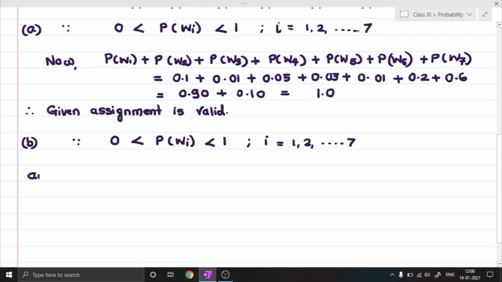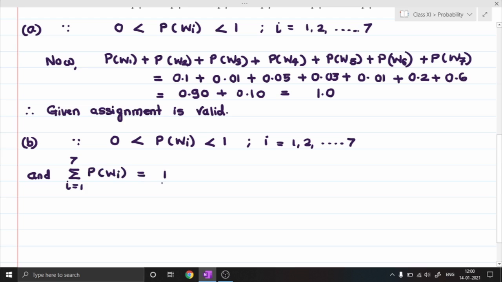Writing all the assignments individually, P of W1, P of W2, is difficult, so we use a notation for summation, that is sigma. This Greek letter is called sigma, and the range is defined as i equal to 1 to 7 of P of Wi, which will be equal to